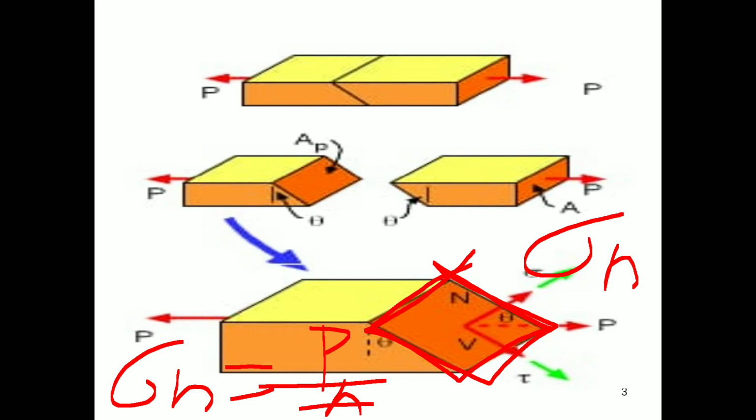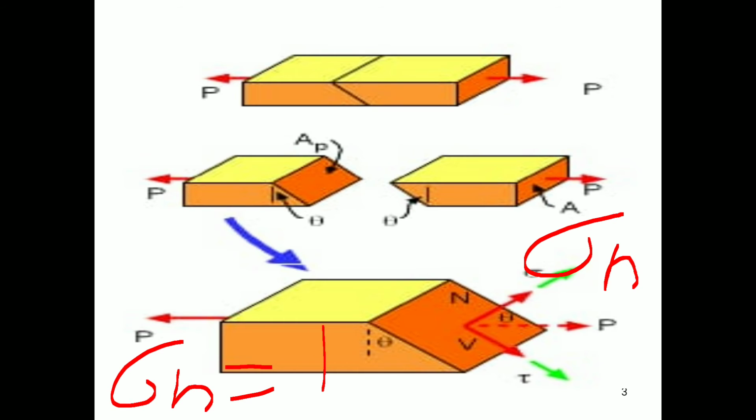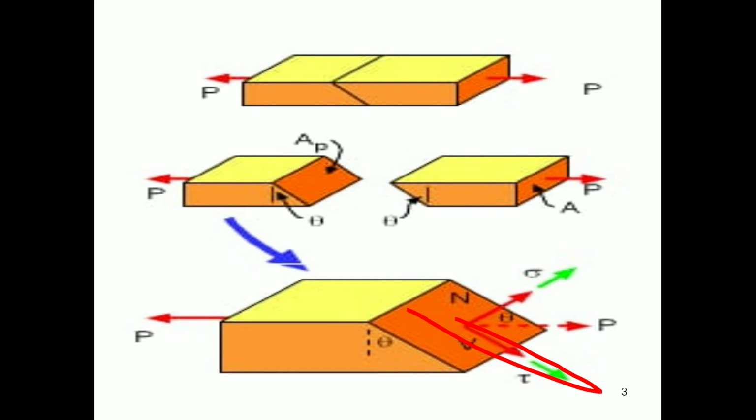Okay, so in this manner we have found out the value of normal stress for the oblique plane. In the same manner we are going to find out the value of shear stress also. This is the shear stress which acts tangential or parallel to the oblique plane, and the formula is force upon area. Again, area is the area of the oblique plane.